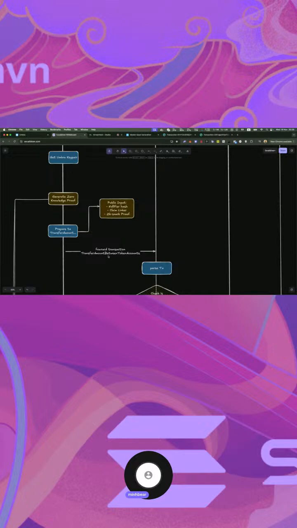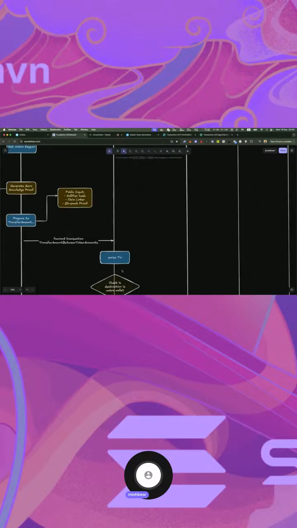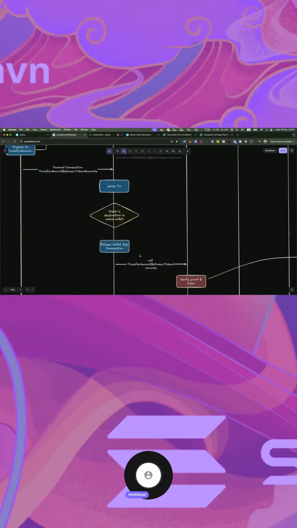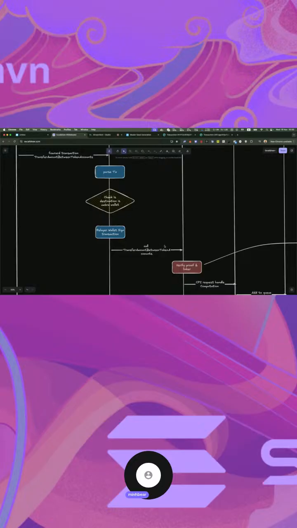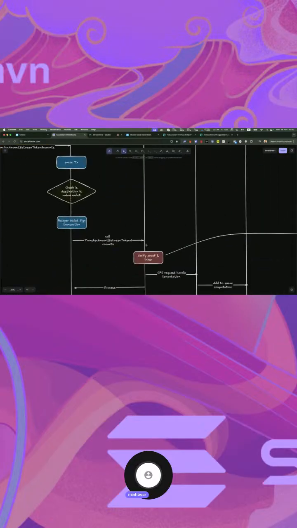No one can decrypt. And after prepare, it needs to be sent to the Umbra relayer to check the destination. If you are a developer, you have probably already tried to transfer from the Umbra address to another wallet in the blockchain, right? And we get an error that this address is not Umbra. So I think there is some process check in the Umbra relayer or on the client side, and after that is successful,